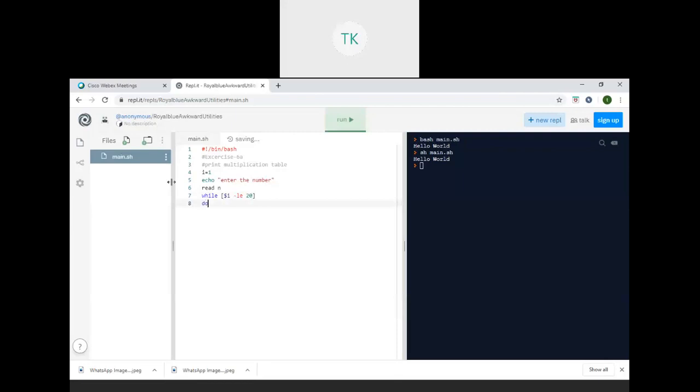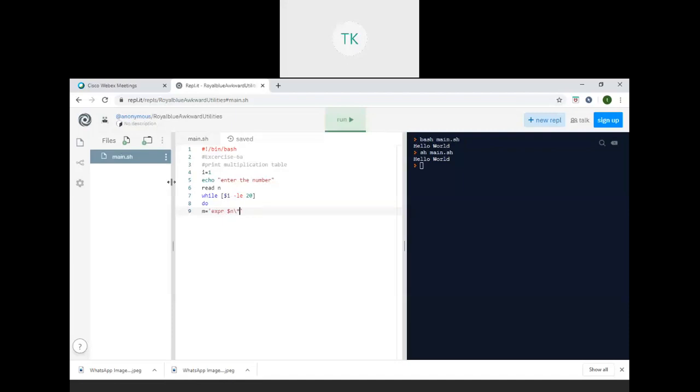Do m equal to, here I'm using an expression for evaluating expr $n. So here one thing you need to remember, I used before the star, I used a backslash.